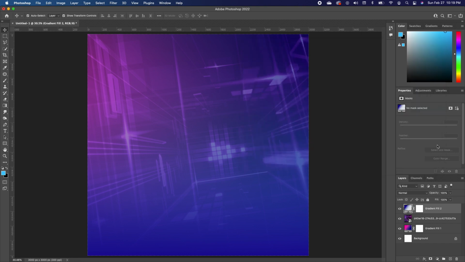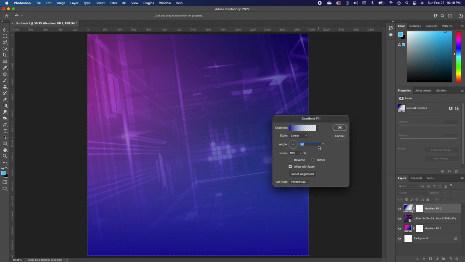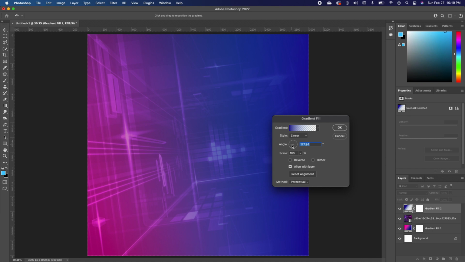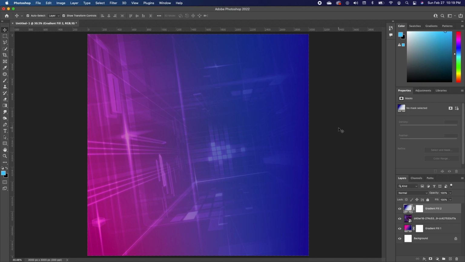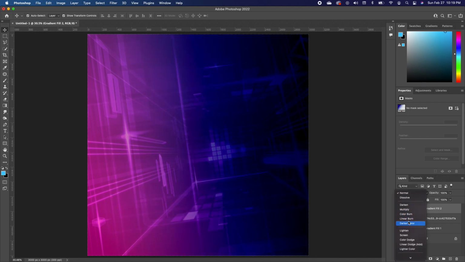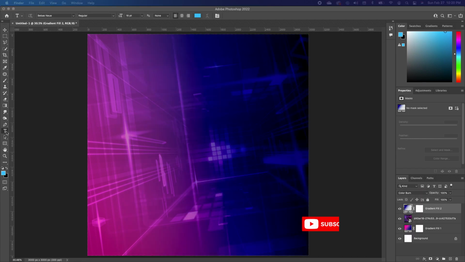Now I'm going to change the angle of this. I want it on the opposite side. Now I'm going to click OK. But what we are going to do is change the blend mode of this and set that to color burn. So we're going to pick up our type tool